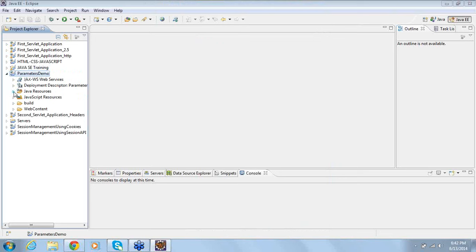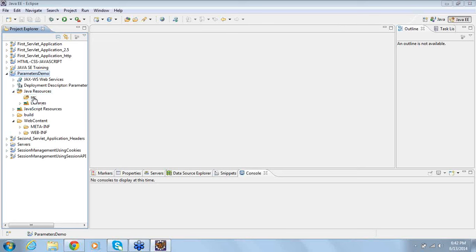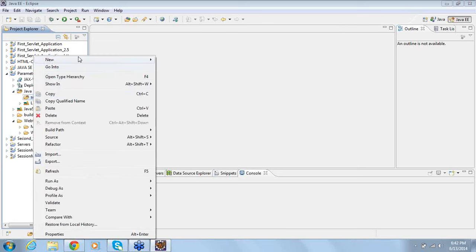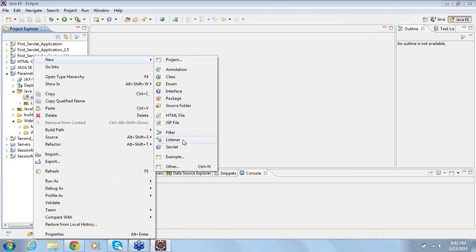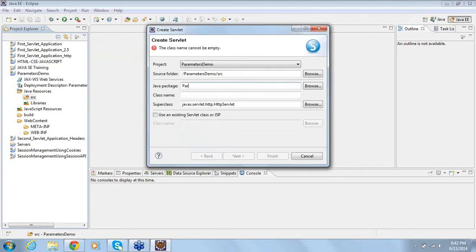Here we go. I'm creating a servlet. Let it be ParametersDemo, and the class name is also ParametersDemo. Let's focus here. I click on next,